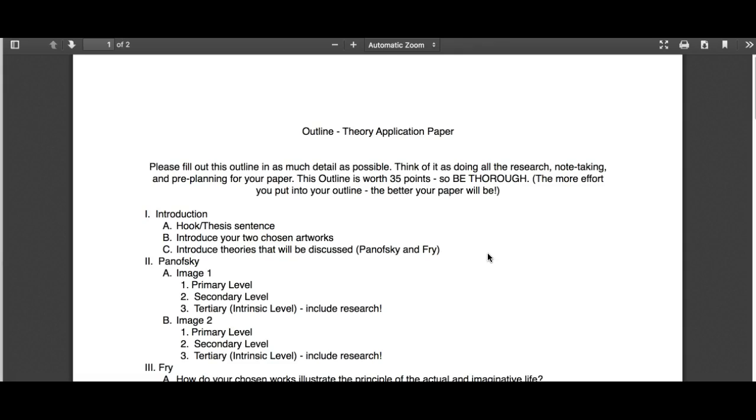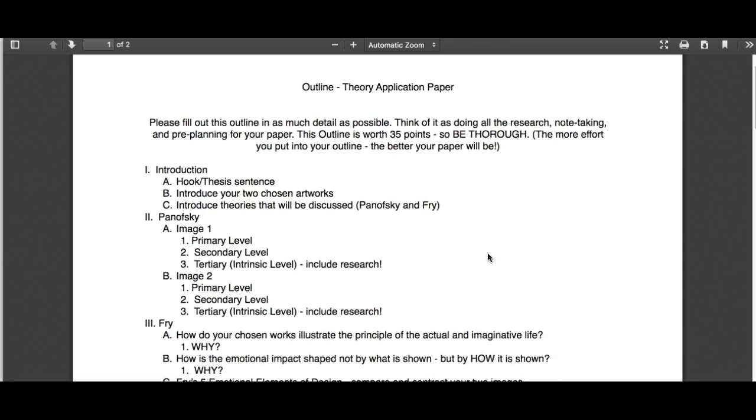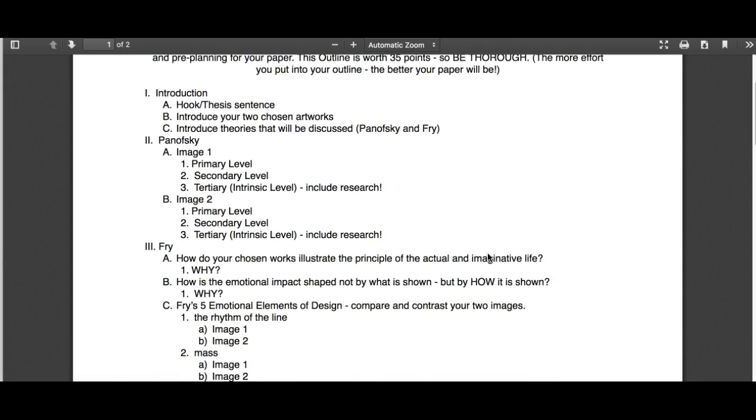So this is like a quick paragraph on each of them. Again, I don't need their whole life story and biography. This is Erwin Panofsky, this is who this person is, and this was his theory. This is who Roger Fry was, and this is his theory. This is just introducing the concept so that when you then go to write about it, your reader understands what you are referring to.